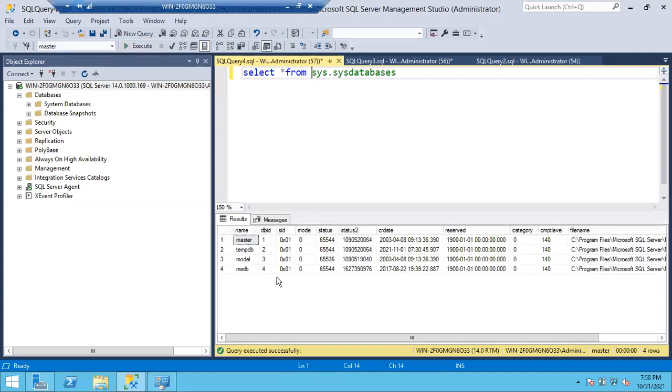You can see 4 records are there, total 1 2 3 4. Here also you can see the number of records. Sometimes you can see up to here only. Again, you have to drop down and check each and everything, right? It's a very difficult thing. How many records are there in this table?